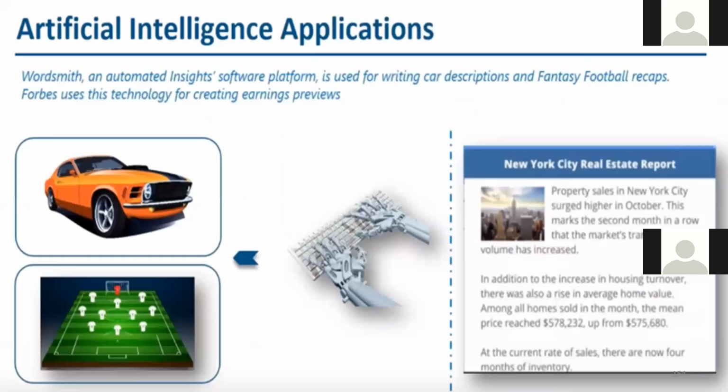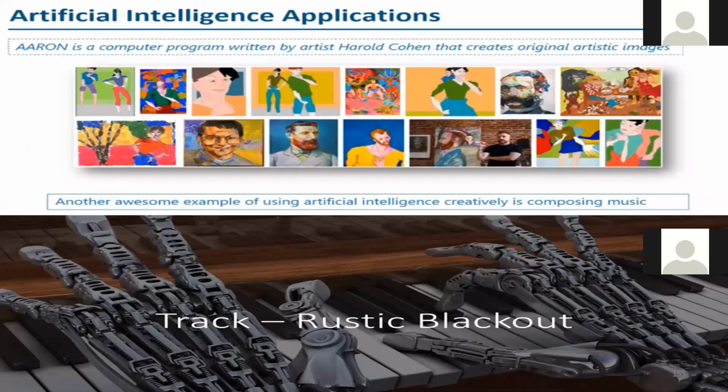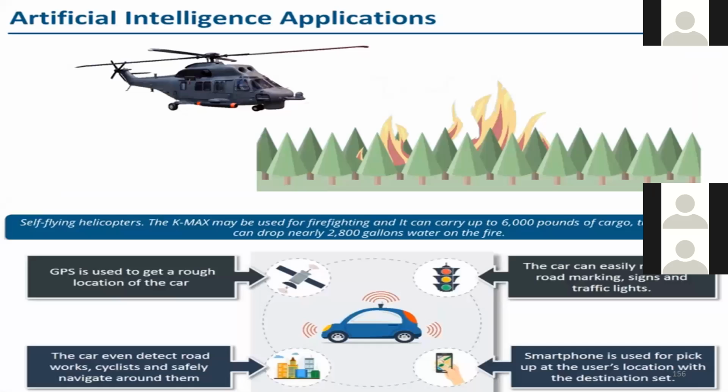There are other examples: real estate, football, and even for drawing they started using it, and music composing also they started using some kind of AI product or analytics-based product. Okay, please understand AI is the advanced form of analytics. So in order to develop an AI product, you have to do the data analytics. In firefighting, in the Amazon forest nowadays they started using driverless helicopters. It works similar to a driverless car. Some cameras will be there in the helicopter, and accordingly it will run.